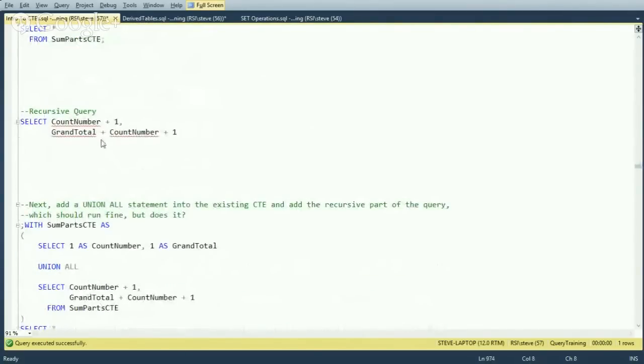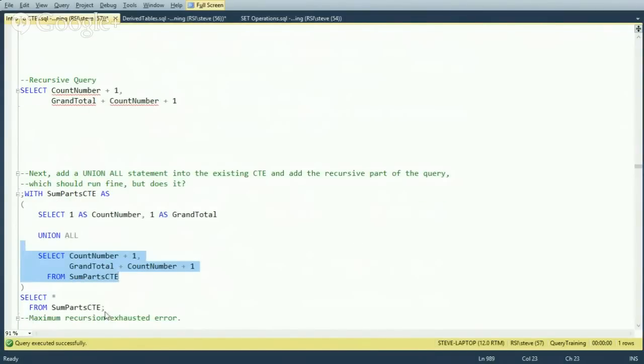which I forgot to include the from on that part. But here we're going to have our original anchor query, union it with our recursive query. And the recursive query effectively joins back to everything that's ever returned from the sum of the parts at each level and adds 1 to it as we go through here. And then I'm going to select everything out of that. So when we run that query,